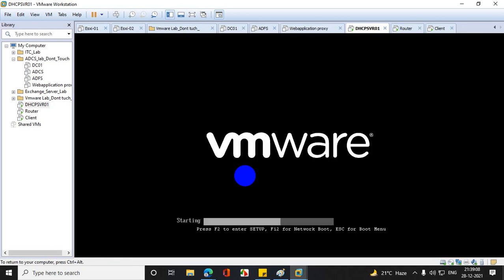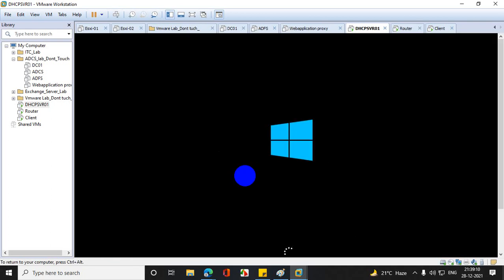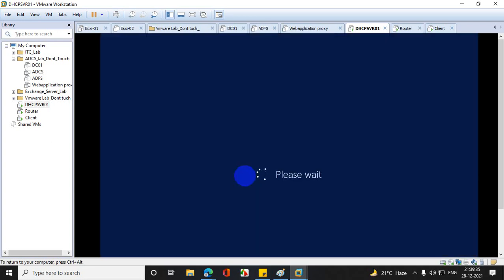The DHCP server is itself a domain controller. Clear? And now what I need to do here is install the DHCP server role, and after configuring the server role, as you know this is my domain controller, that means the domain exists. So the DHCP server will get authorized in Active Directory, so that this DNS will be automatically injected into all their scopes once they create scopes in the future. Clear?